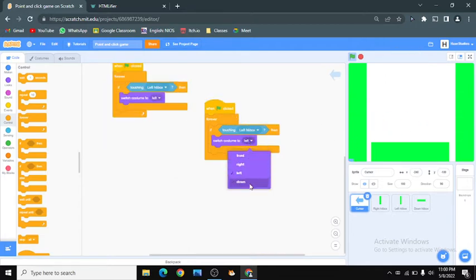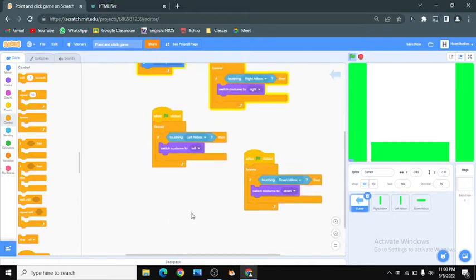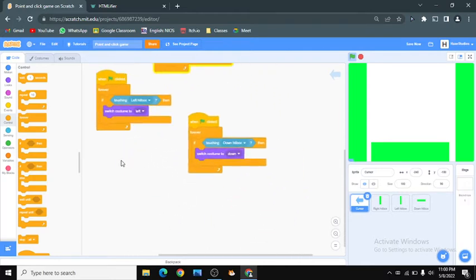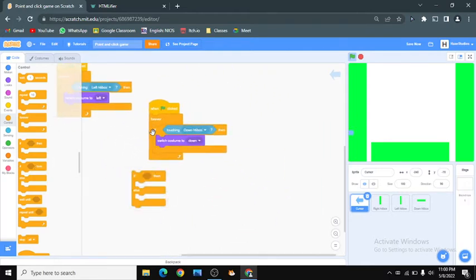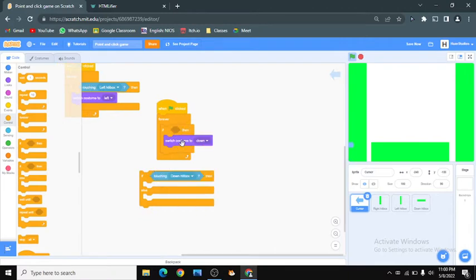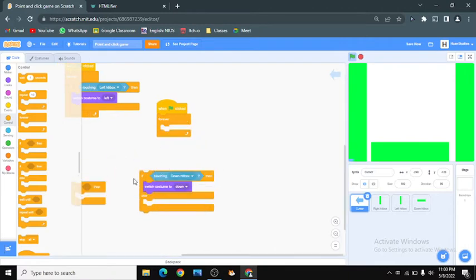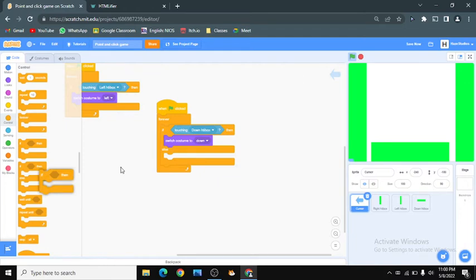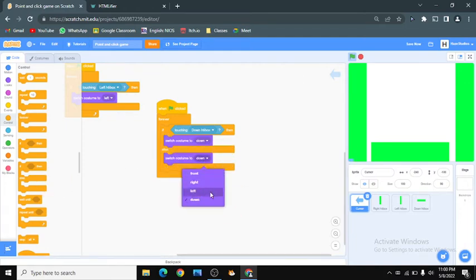So I'm just gonna say left hitbox. Now the next one, just do this. And now here comes the twist, where we add if else, and we say or else front.